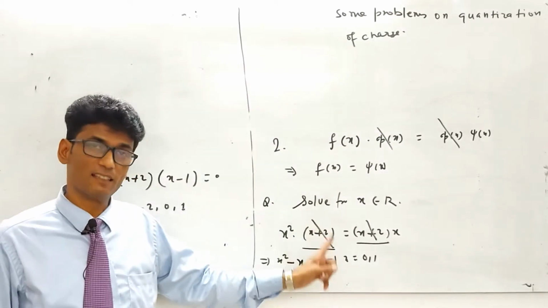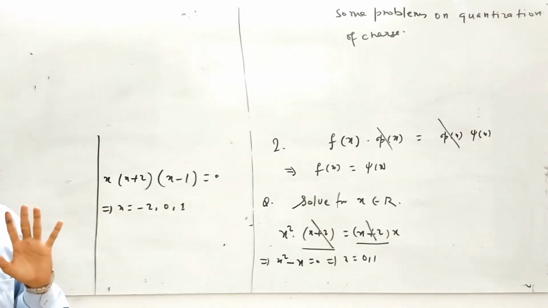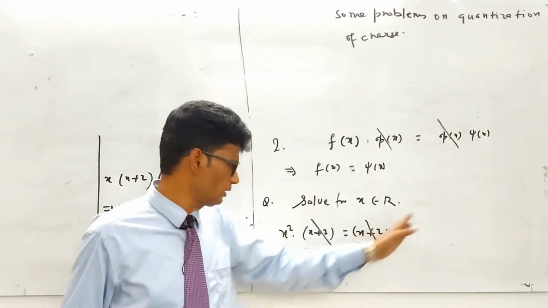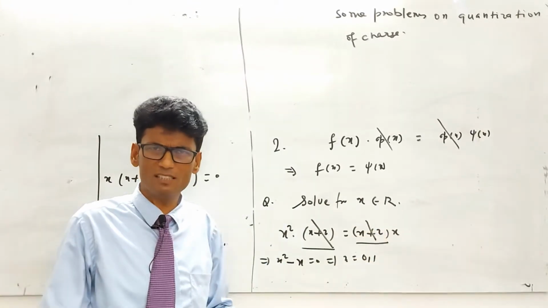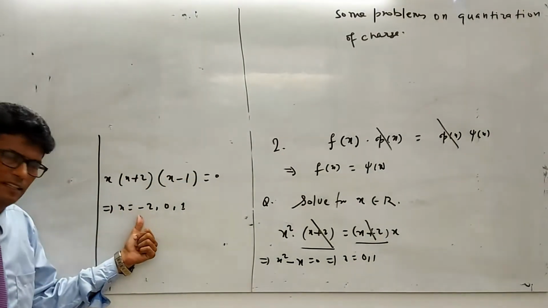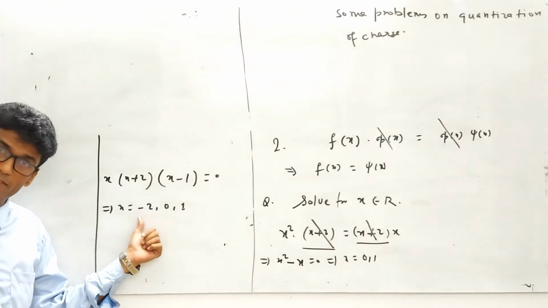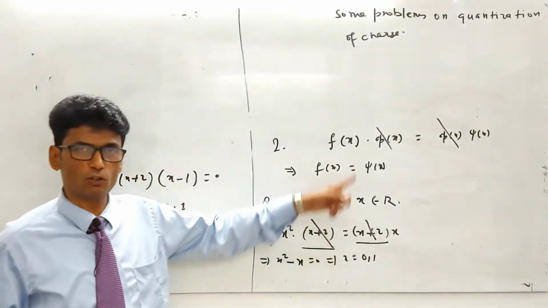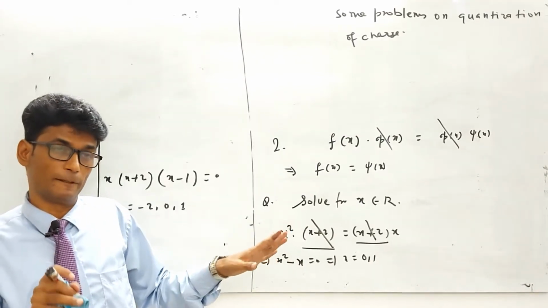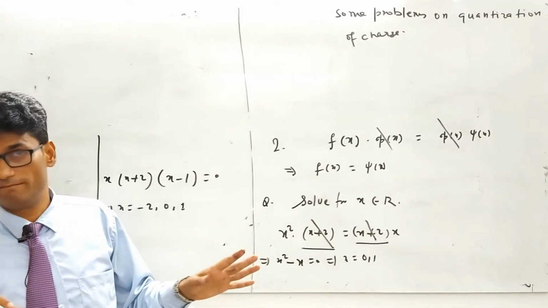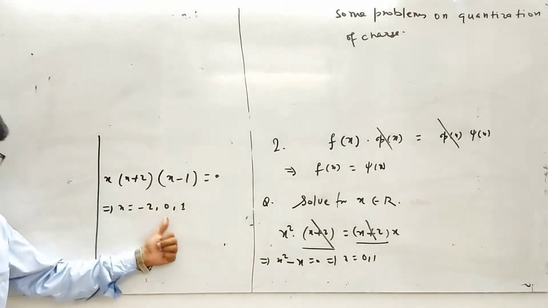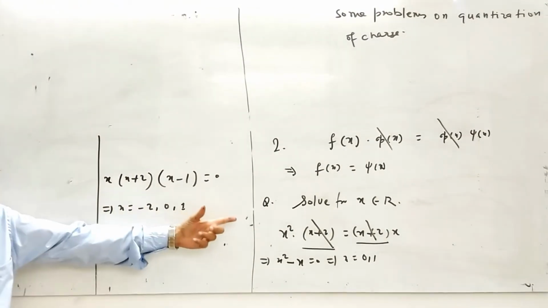We cannot cancel the unknown factor unless we know what it is. If the question says x is not equal to minus 2, then okay, cancel out, no problem, because minus 2 is not an answer; my question says that x is not equal to minus 2. But what we have got here is x equal to minus 2. That is why I am telling you: if it is written that x is not equal to minus 2, then cancel out after observing the situation, saving time. Or in general, we cannot do that. So x equal to minus 2, 0, 1: 3 degree, 3 solutions.